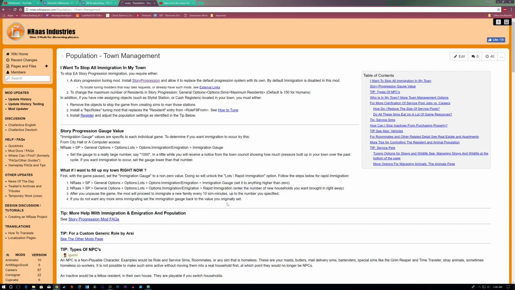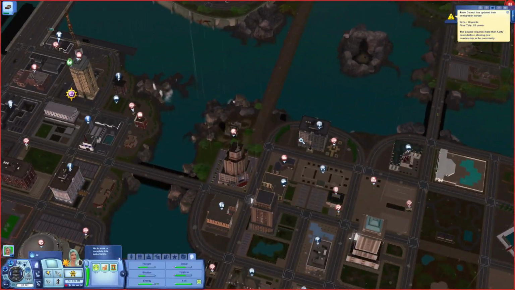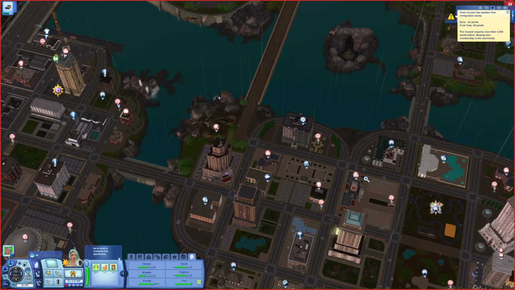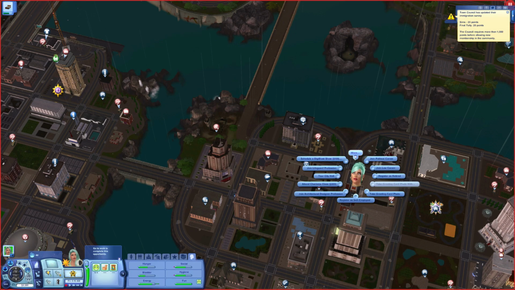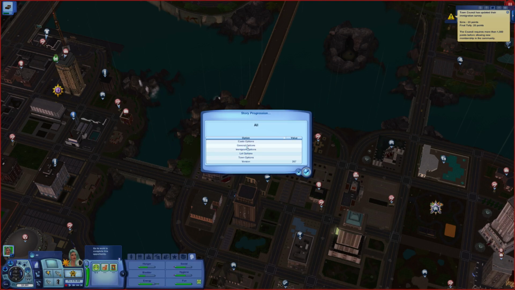So we're gonna have to go in, and it says the immigration gauge can be set to anything higher than 0. I don't know what I'm gonna say for that, but I'm gonna say for how many. It says households, not sims. So for the families, I'm gonna put 20 and see what happens. So back to the, and you can click on the sim, but apparently you get more options over here if you use the computer. So we will go to story progression, general options,